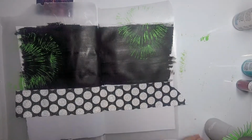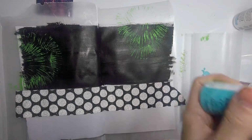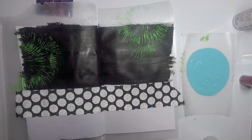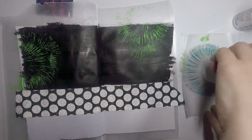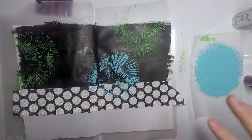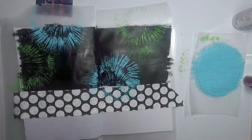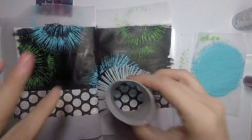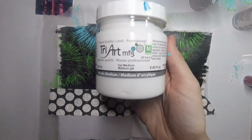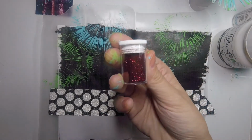I realize I'm going to make a mess of my page, so I put down some glitter tape to mask off the bottom. This tape's been sitting in my stash for 3 years, so I don't think I'm going to use it up anytime soon. I don't mind using it here. I was trying to pick colors that were true to the firework colors that we saw, and that would stand out on the black paint. So bright, bold colors are the best for that. So I use an apple green and a turquoise blue, I think it's called, something like that. And then it's Canada Day, so I definitely need to include some red,